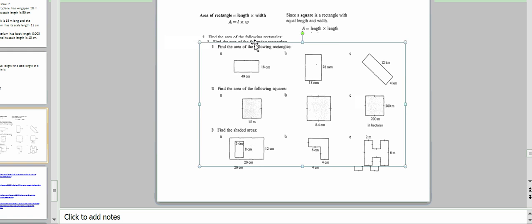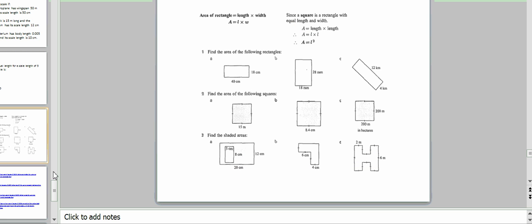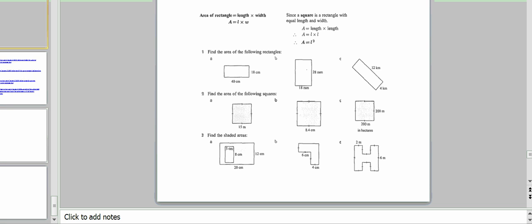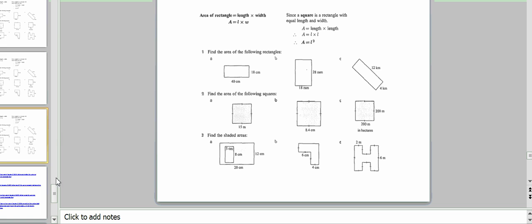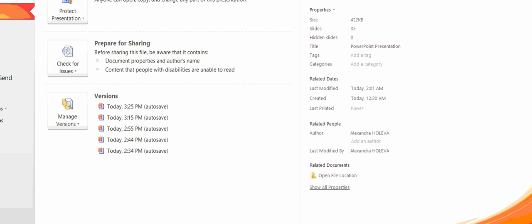I need to duplicate the slide. So now I'm going to give them more activities, and finally this one I'm going to save as PDF,